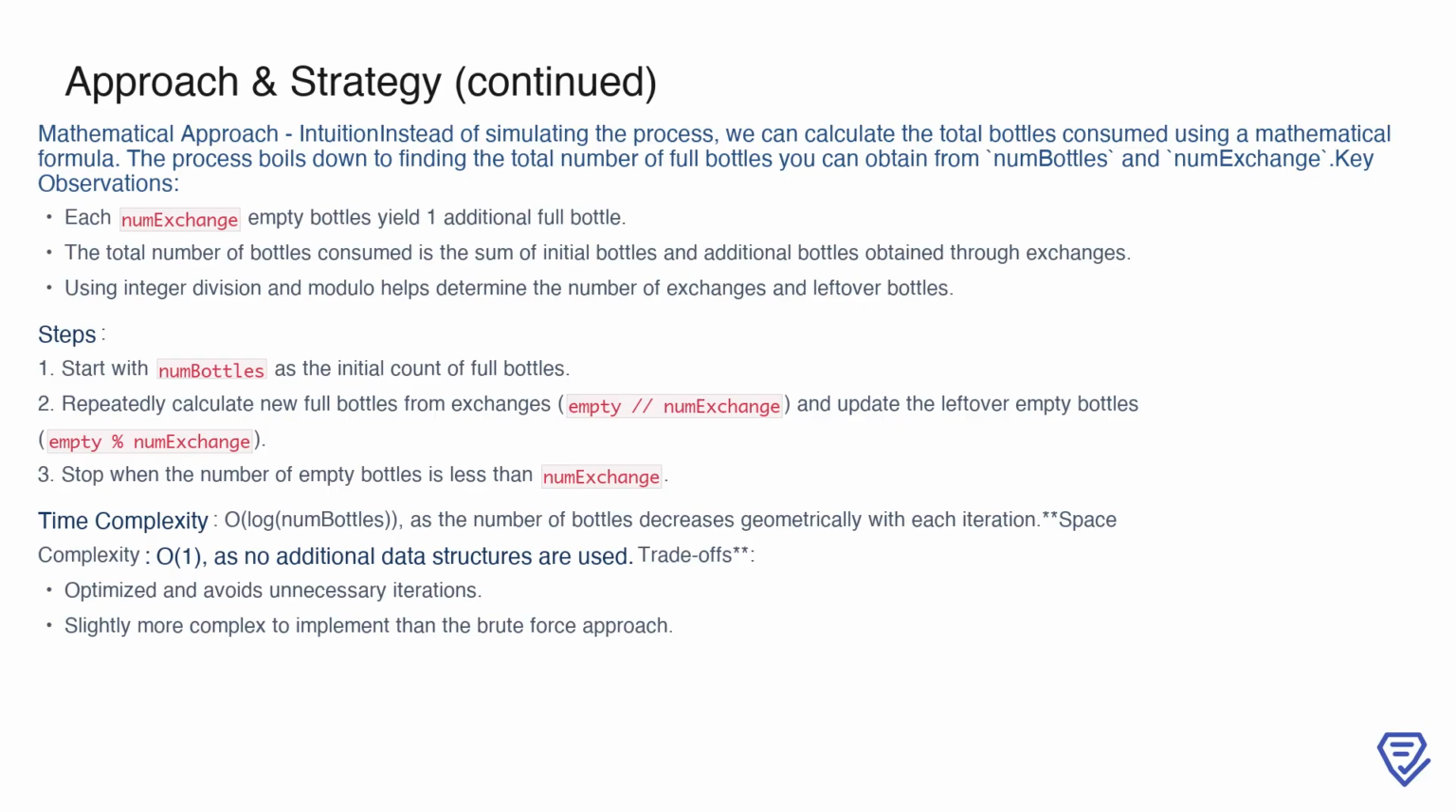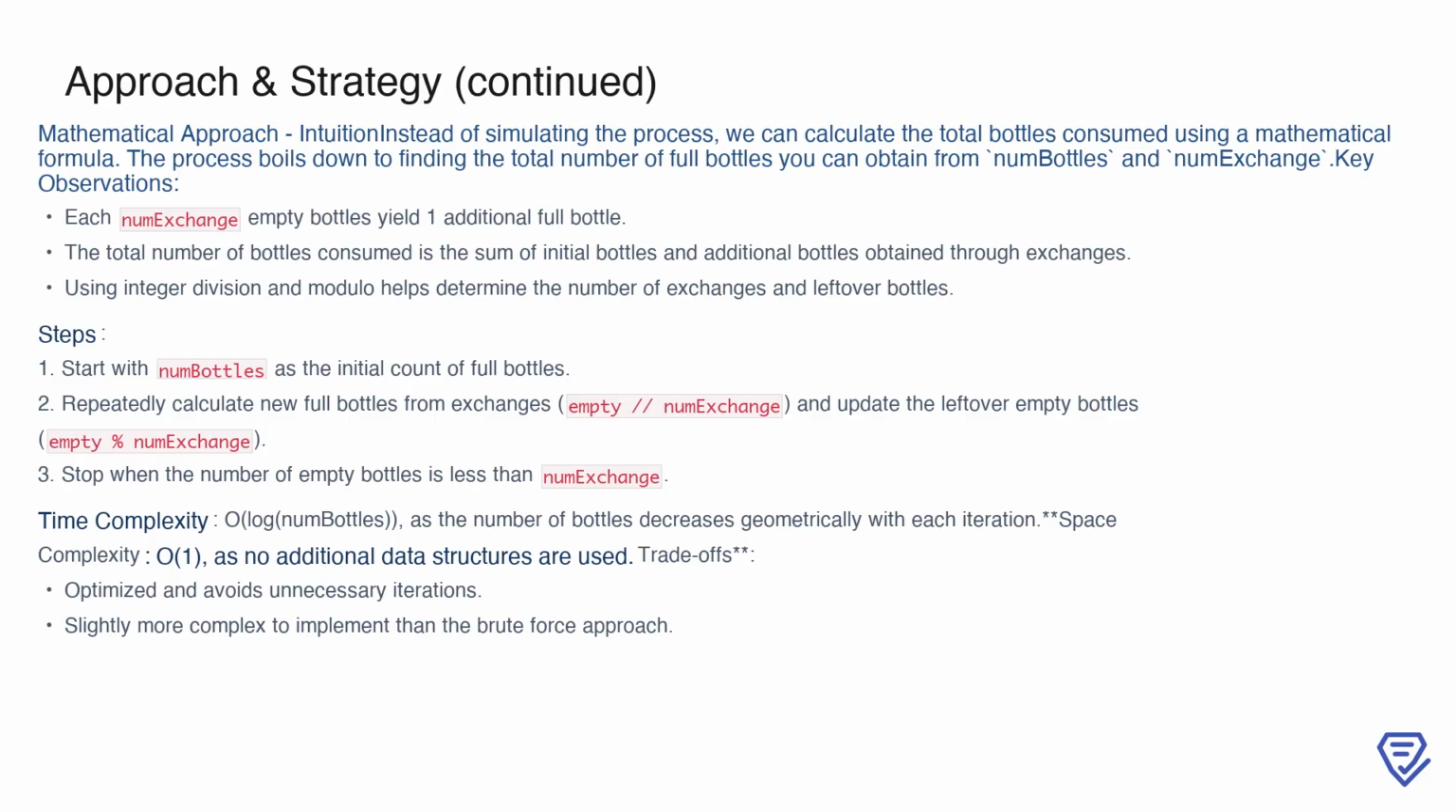The idea here is to break the problem down into its mathematical foundation. Each exchange of number exchange empty bottles gives one additional full bottle, so the total number of bottles consumed is simply the initial number of bottles plus the additional bottles obtained through exchanges. Using integer division helps determine how many full bottles can be obtained from the exchanges, while the modulo operation calculates